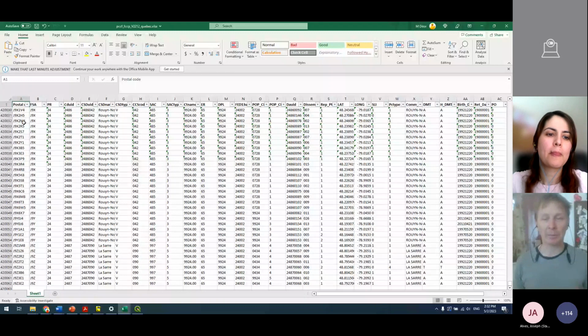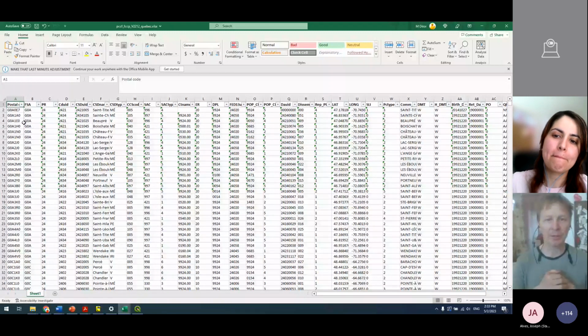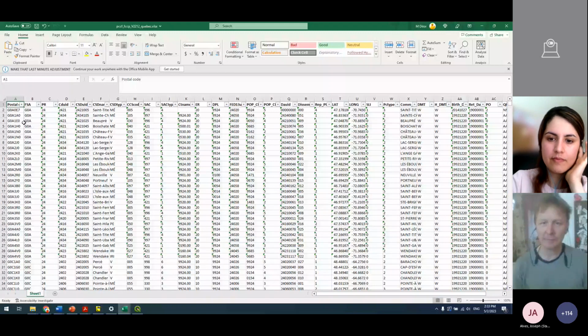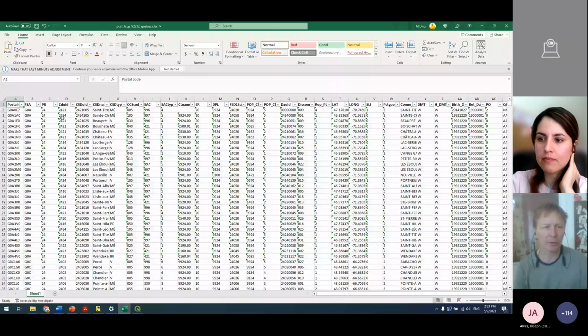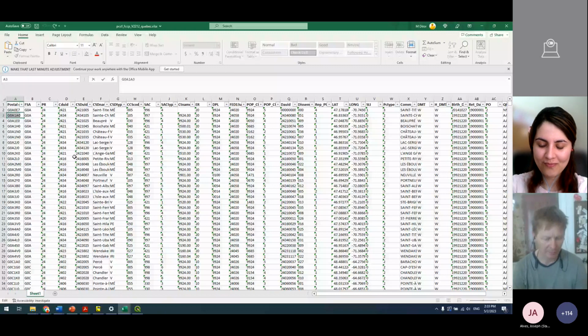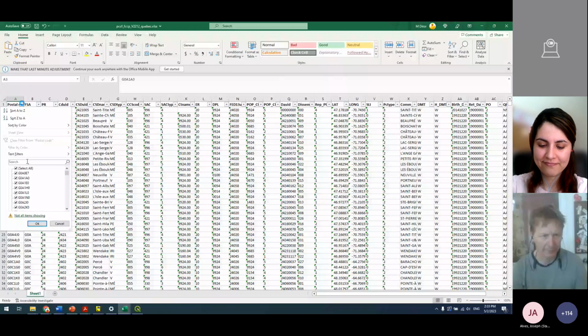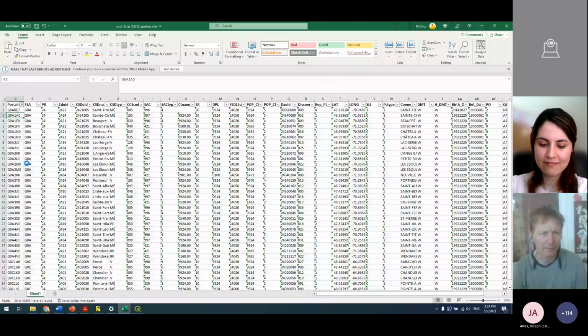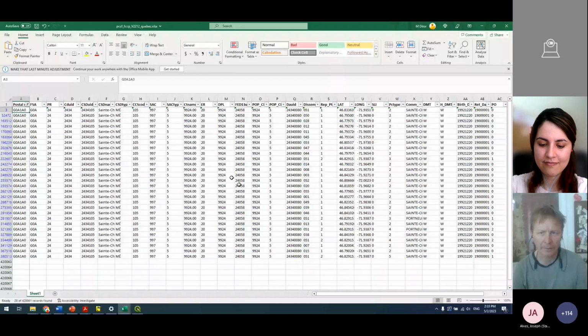If I was going to work through a few examples of what you can do with this file, the very first thing might be you're just interested in one particular postal code. I'll use this one as an example because it has an SLI of 0, so you can see that there will be one record in here that has the SLI of 1,